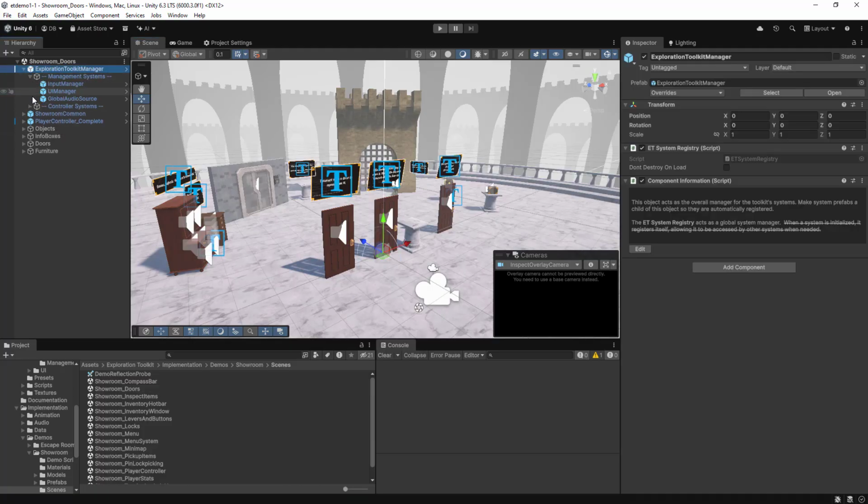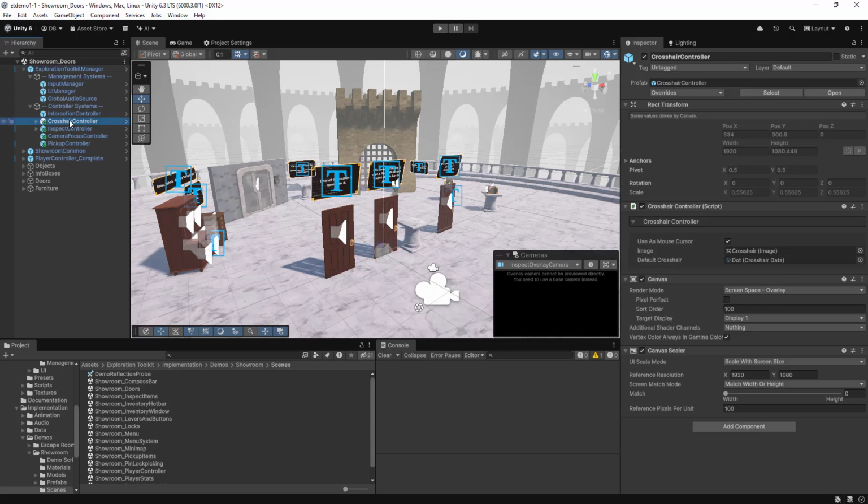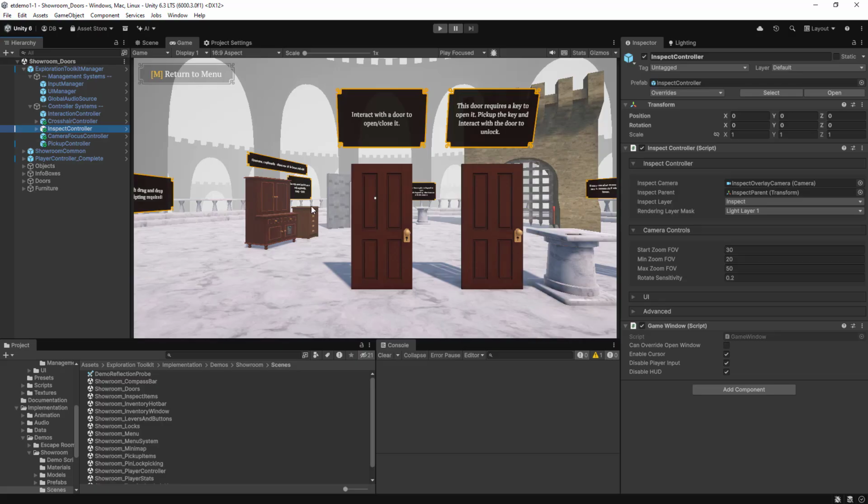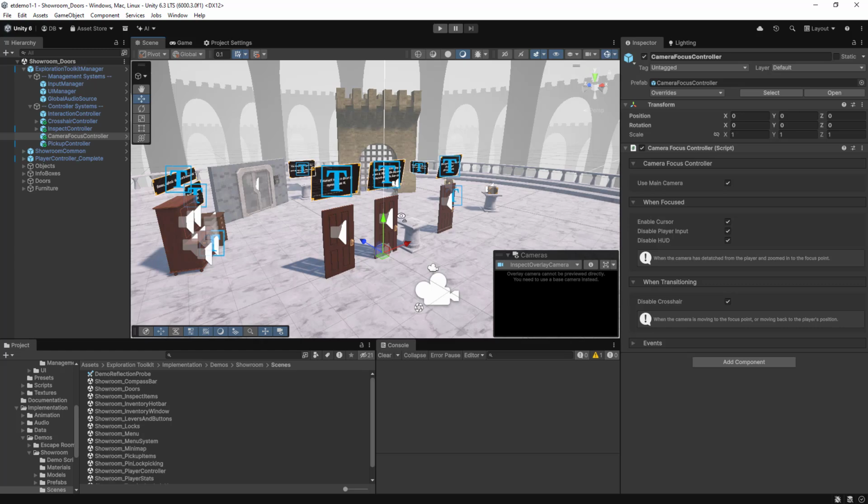Inside of that, under management systems, we have just the default 3, but under controller systems, we have quite a few more. We have a crosshair controller, which essentially defines a dynamic crosshair in the middle of the player's screen, the inspect controller, which we can use to inspect objects,